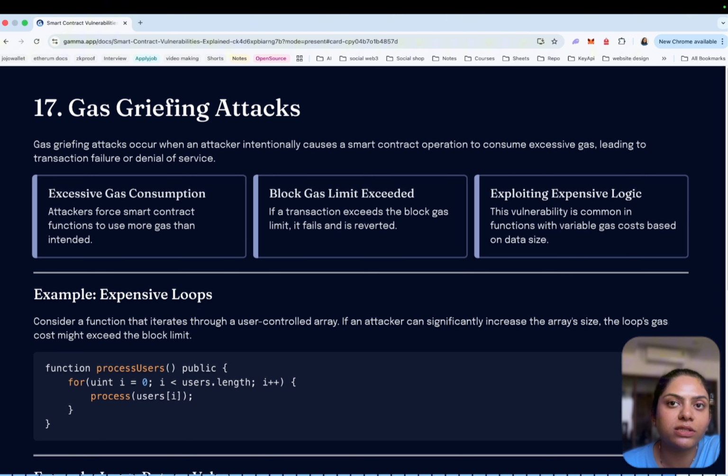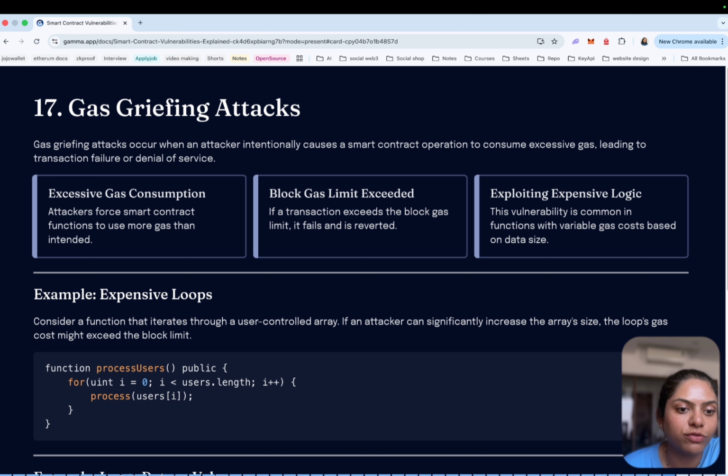Gas griefing attacks occur when an attacker deliberately causes a transaction to consume excessive gas so that the transaction fails or becomes too expensive to execute. Remember that every operation in the Ethereum virtual machine consumes gas. If the transaction exceeds the gas limit, it will fail. Attackers can take advantage of that by triggering contract logic that becomes extremely expensive to execute.